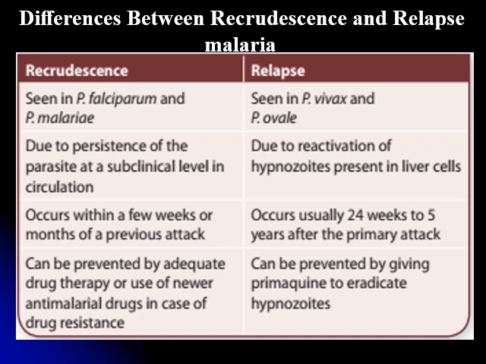طبعا احنا كلها عددناها مقدمة بالتعريف مالت المصطلحين. فالمسبب إلها أو إنه وين نشوف إحنا الريكرودسنس نشوفها ببلازموديوم فالسيبارم and Plasmodium malariae, while relapse occurs in Plasmodium vivax